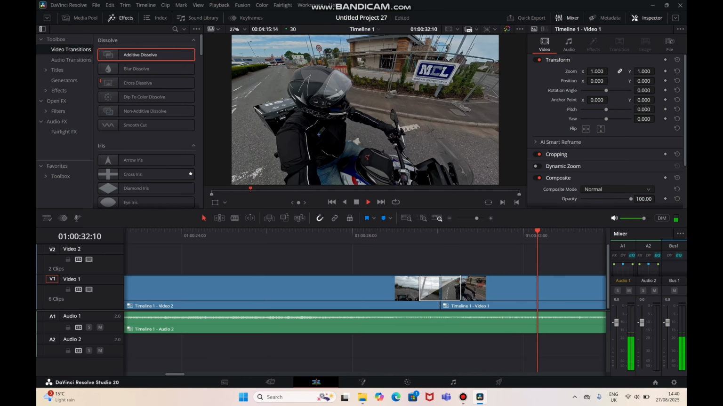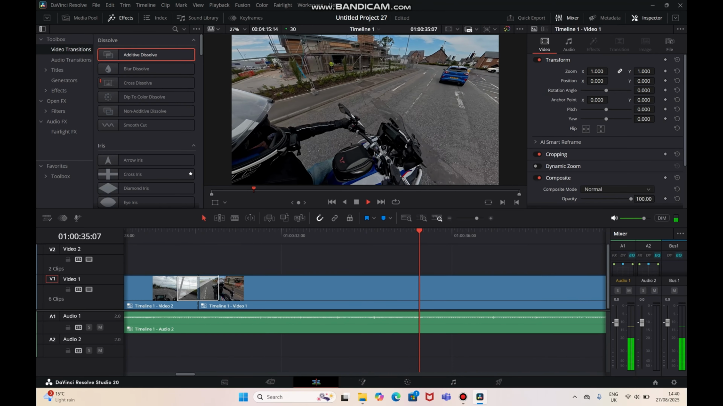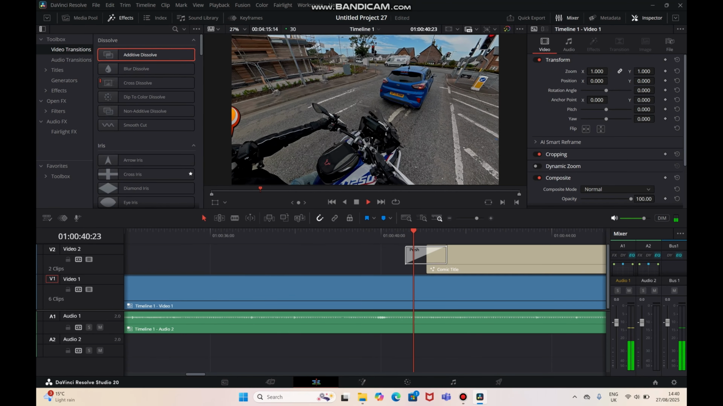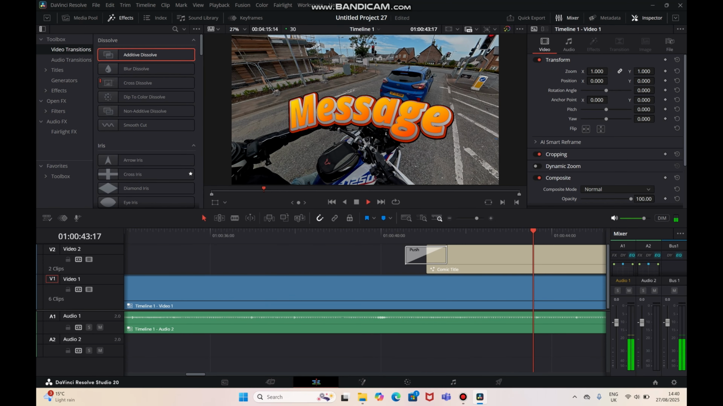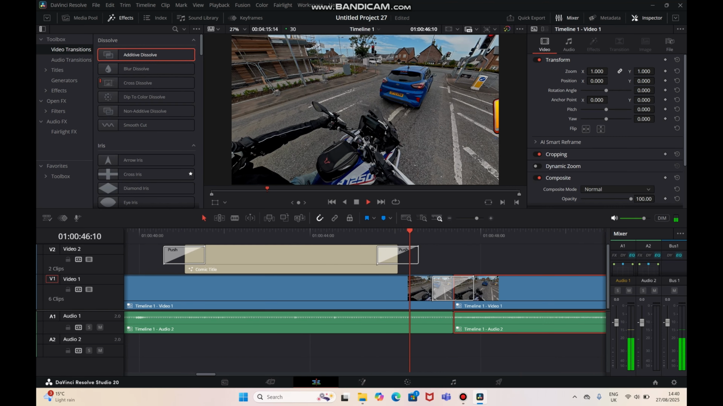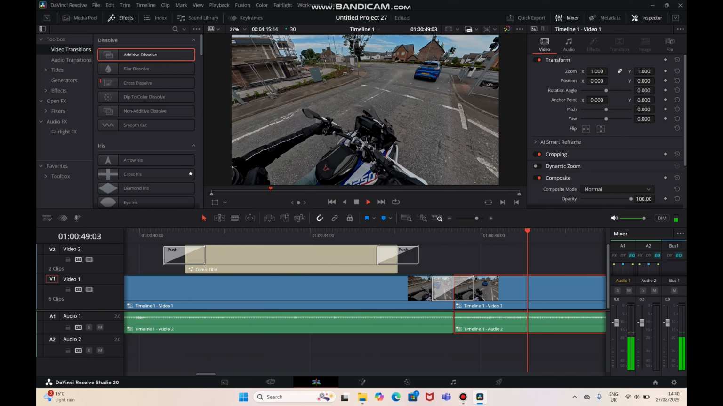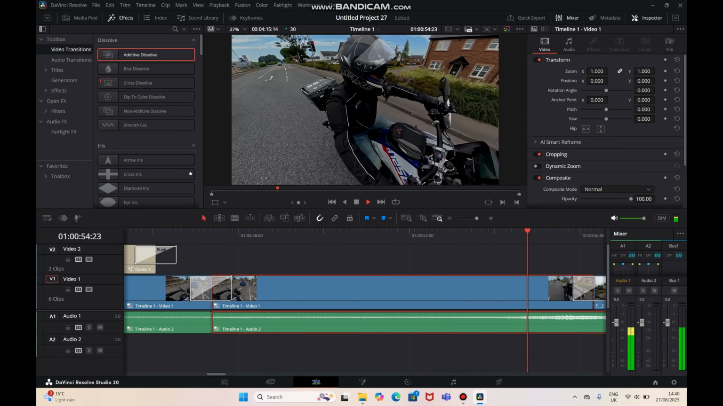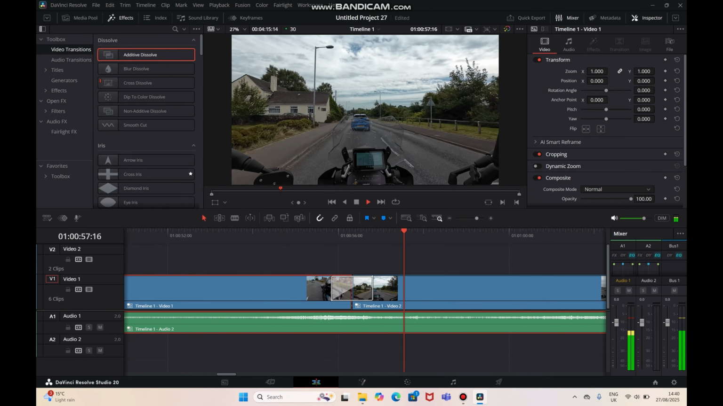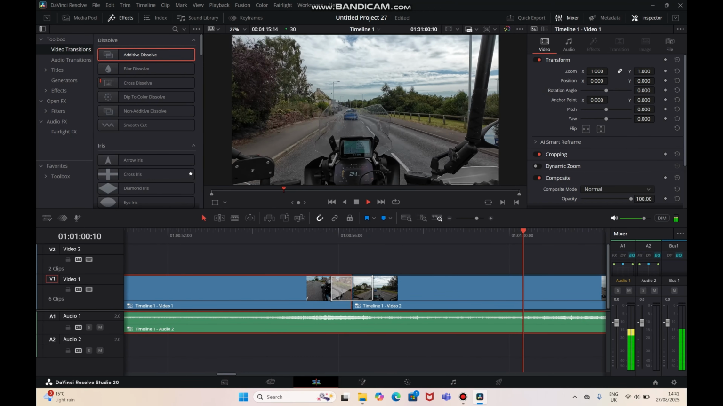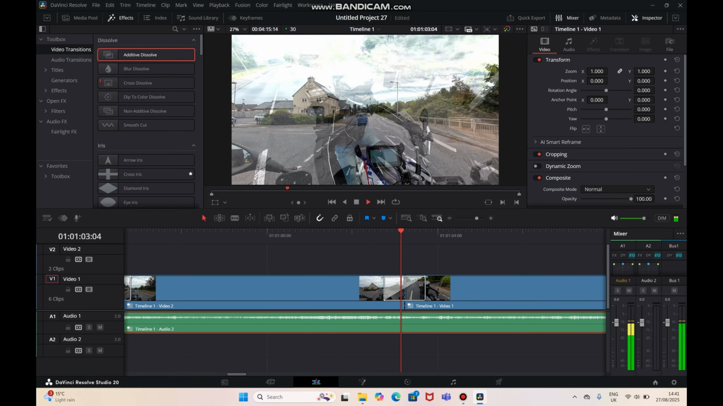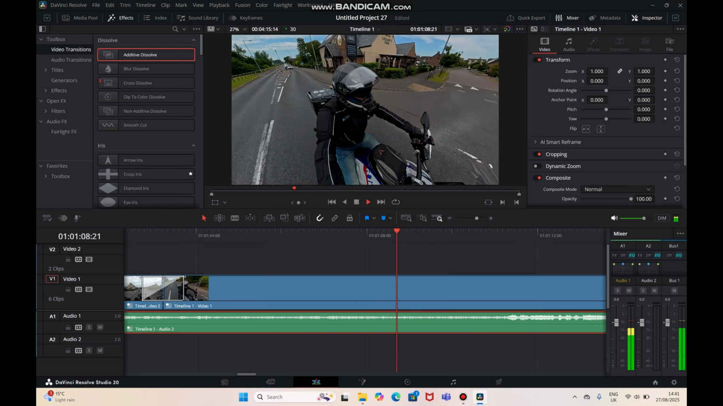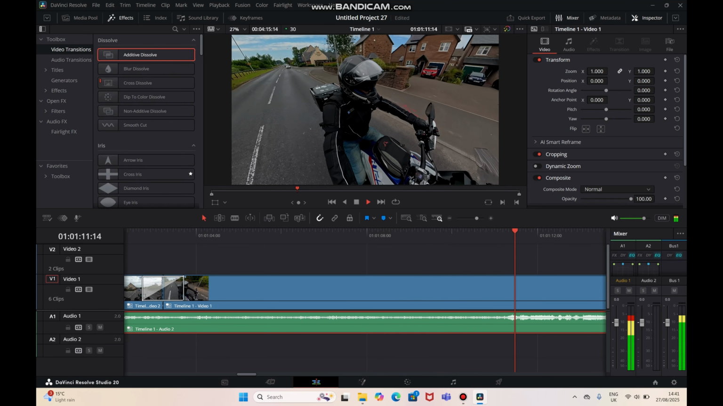So there we go, changing into the 360 view, joining the traffic lights. We have our message pull in. Message goes away, lights change to green. And we head on our merry way, and we have our transitions as we go along. So very, very easy. And once you're finished,